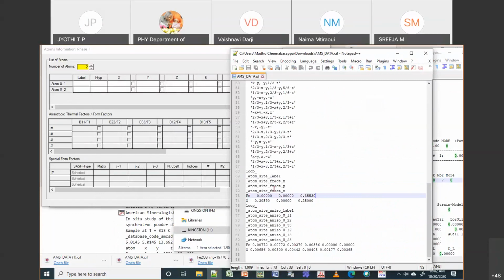Okay, so even though it is Fe2O3, you don't have to always give 2 times iron and then 3 times oxygen. You need only one coordinate for iron, one coordinate for oxygen, and as you're giving the space group information, your program will generate the rest of those positions. Okay, so you don't have to give all the positions.